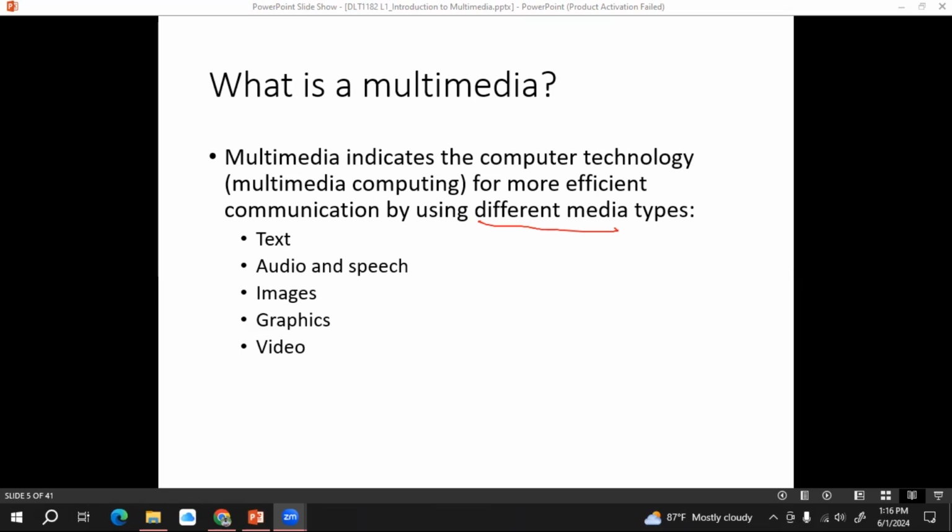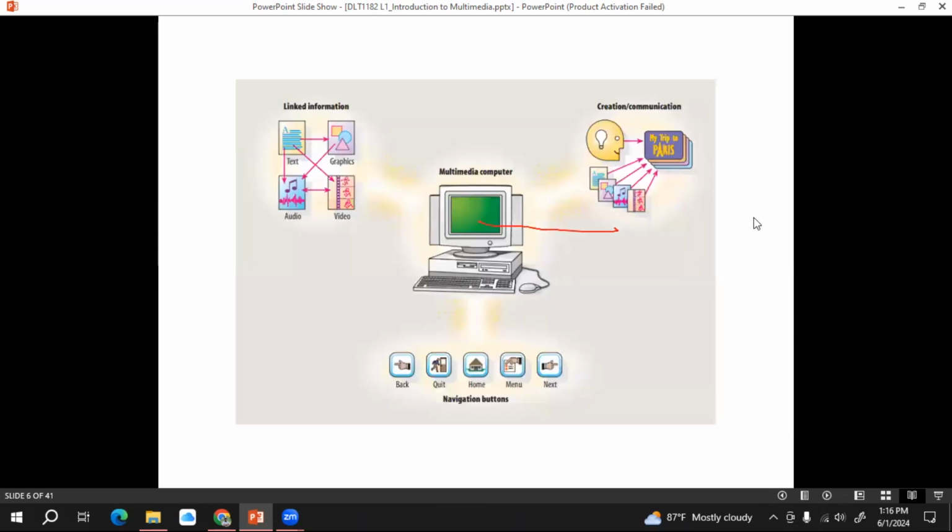We can get a definition like this. Then a better name for multimedia is integrated media. I told you earlier, we are using a combined version of these media types. Therefore, we can say multimedia is an integrated media system, right? Integrated media. I hope you have got a bit of an idea of multimedia, right?